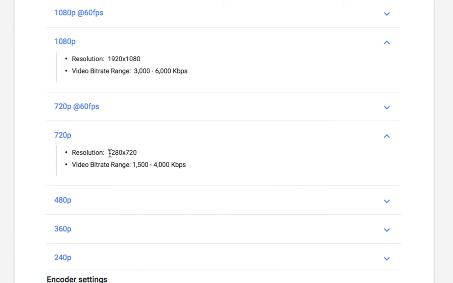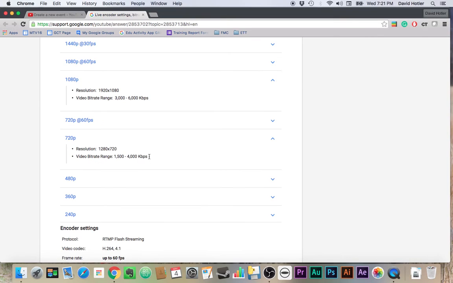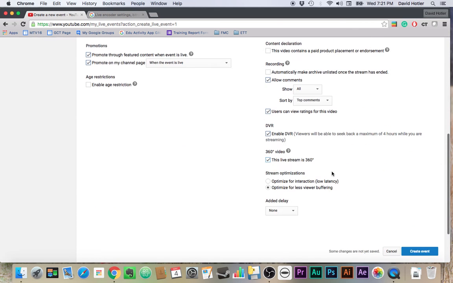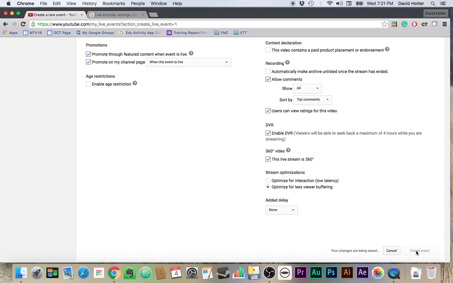So we're going to need to know these numbers when we start getting our settings going. So I'm just going to leave this window open for later. So I've checked my box here, and really that's the only setting on this page that I changed. So I'm going to hit create event,